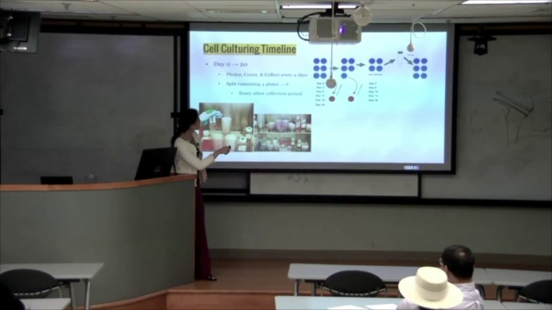So 6 plates, we collect one, and this serves as our day 0. And then since we're collecting every 2 days, we return on day 2, and we have 5 plates here. We collect one, and we have 4 plates left. We are still on day 2, and we split these remaining 4 plates back into 6 plates, so that when we return on day 4, we begin again with 6 plates, collect one, and we continue this process for 20 days.